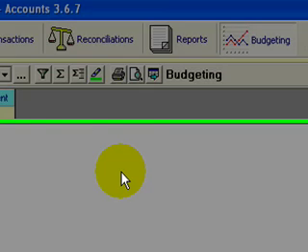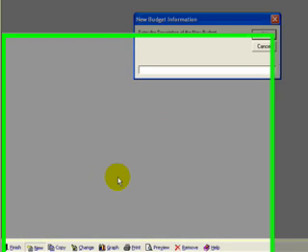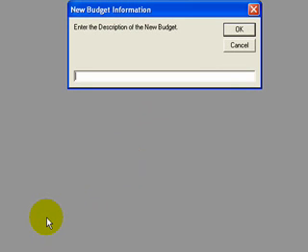So when you come in here, you're going to have a blank screen, and like all of our screens, if you want to do something, you go New in the bottom left. So let's say that I'm doing this in September 2009. So let's assume I want to do a budget for September. Logically, if you're doing a brand new budget, you'd expect to be budgeting for the next 12 months. So let's say we're doing September 09 to